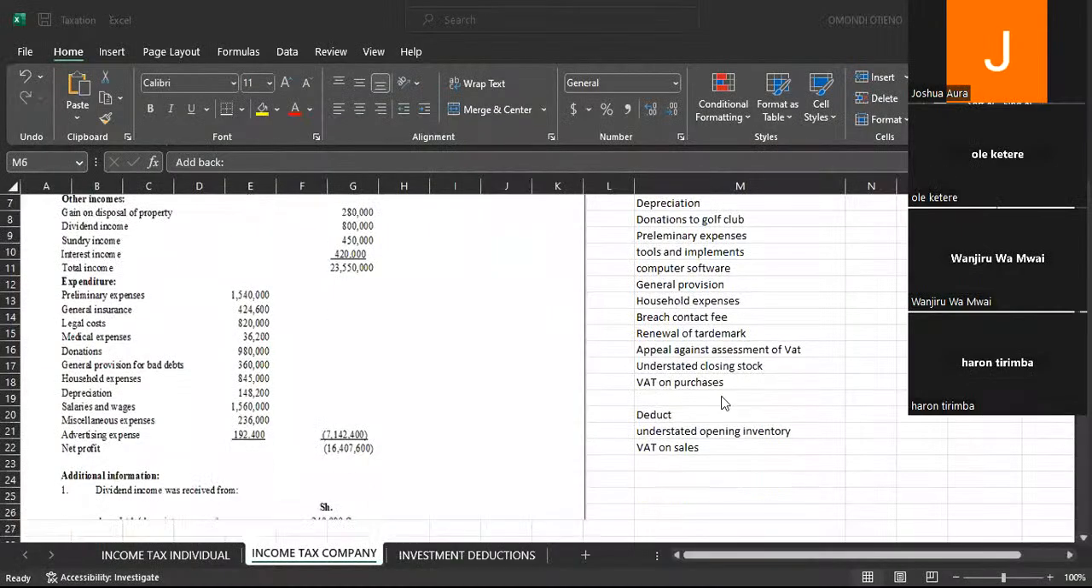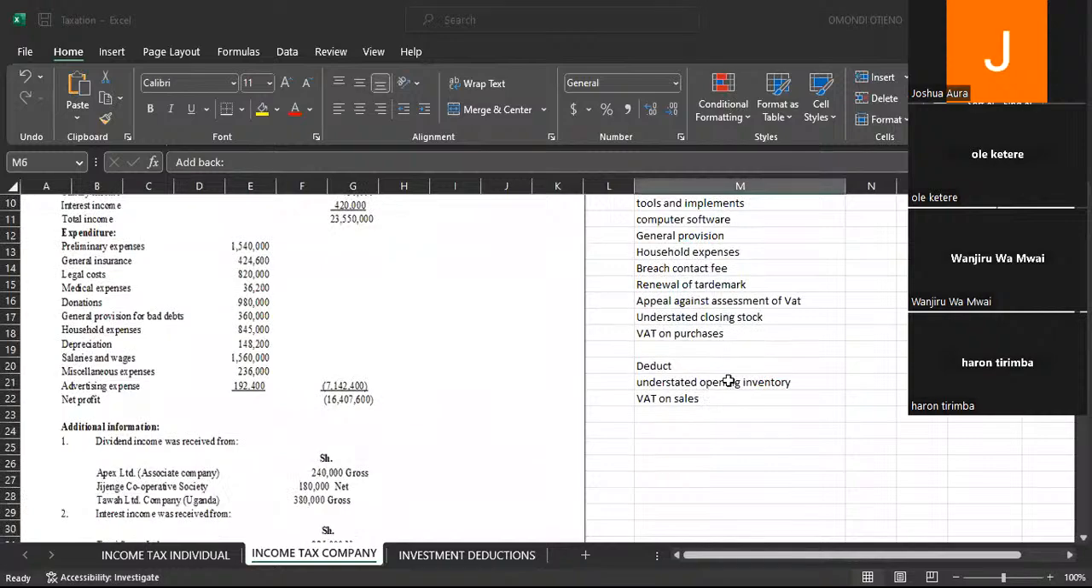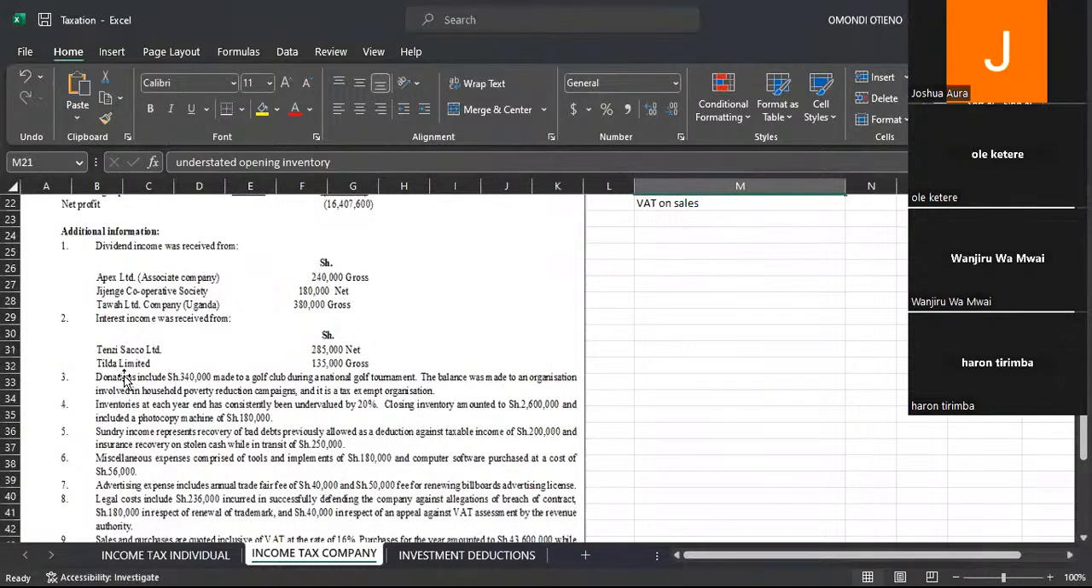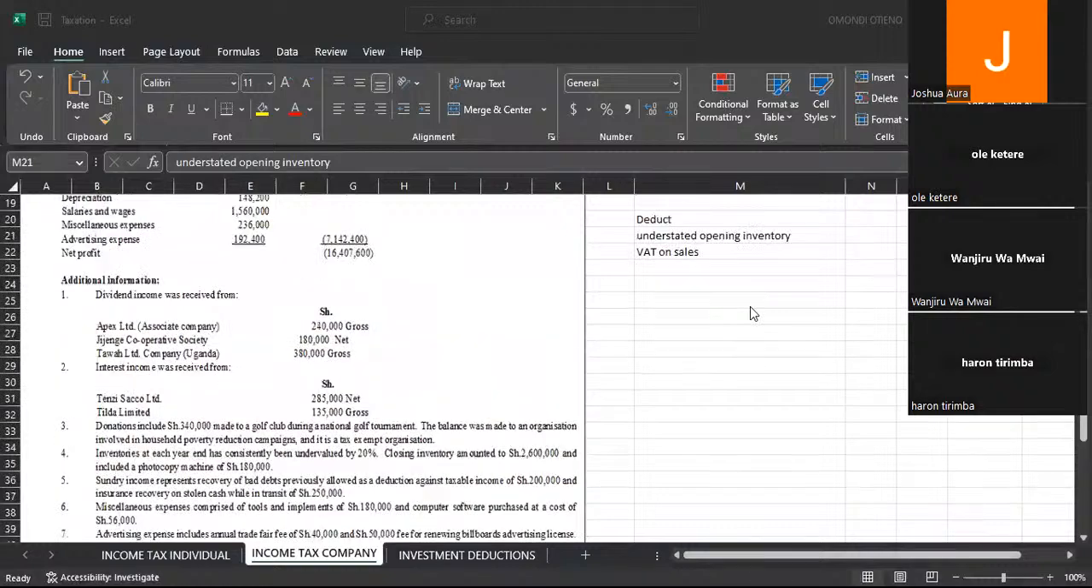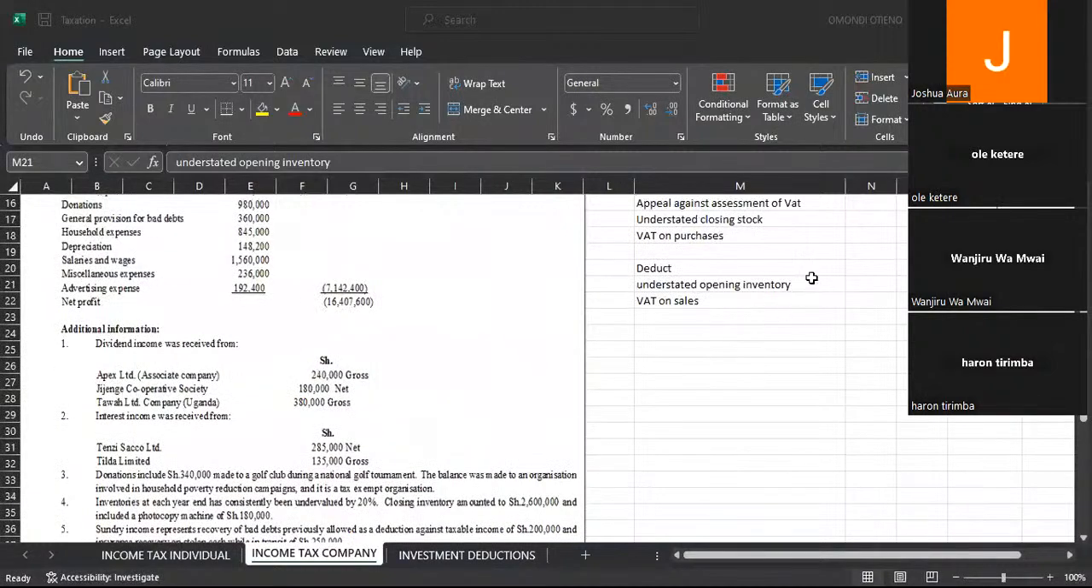So let's look at what we have here. Under stating of opening stock, do we have anything about opening stock? So you're being told that opening stock is 1,400,000, and whatever is given there is understated by 20%, which means the value presented to us